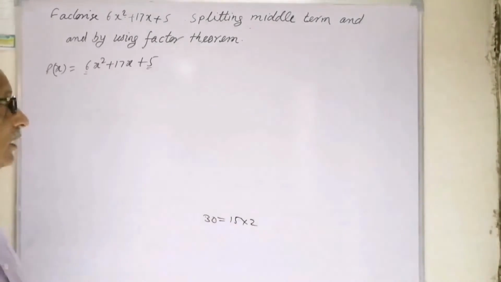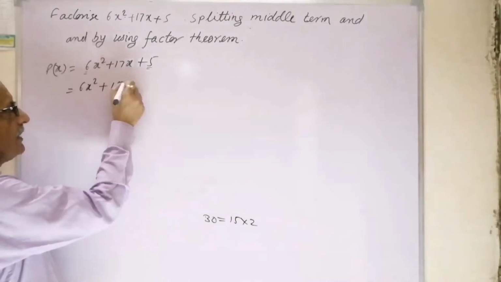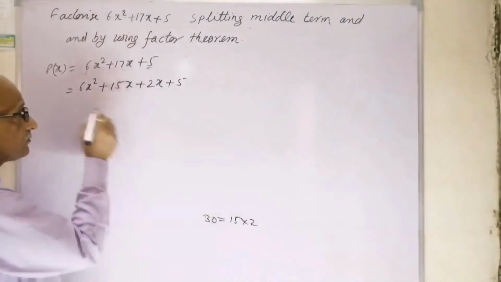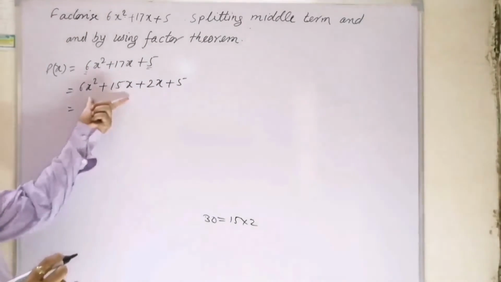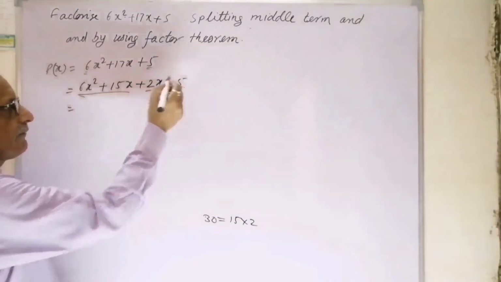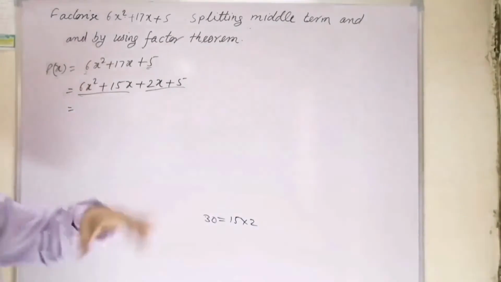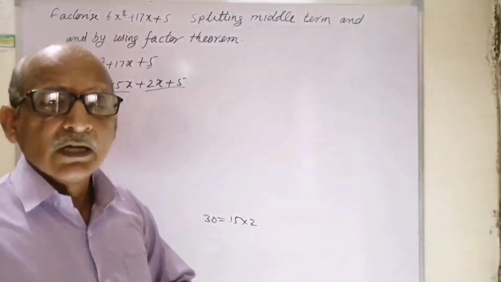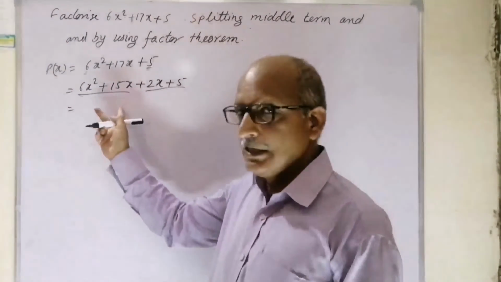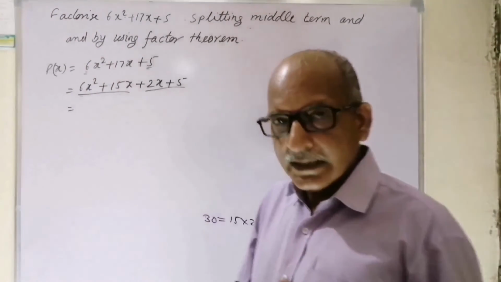So it is purposeful. We can take here 6x square plus 15x plus 2x plus 5. Now again here we have to take common. In this group we have to take common, and from this group also we have to take common. To take common here, one thing again I would like to tell you for a short approach: when we are going to take common, the common will be only that which is HCF. HCF is taken out common.